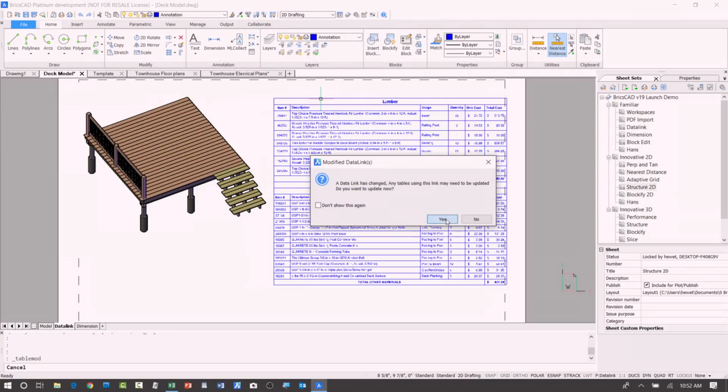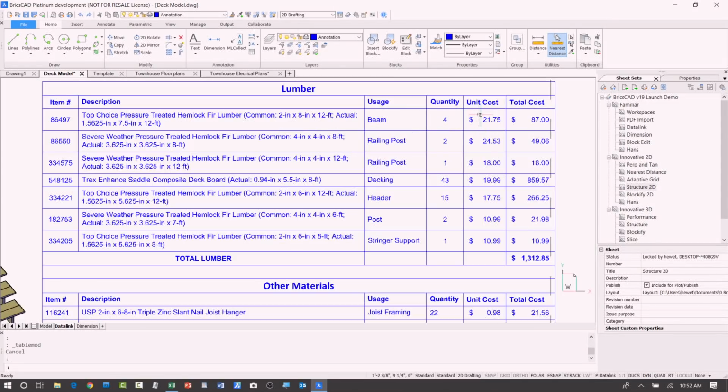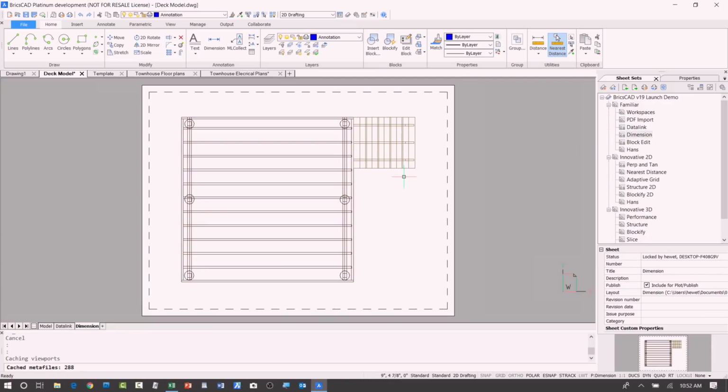It's not going to do it automatically, it's going to let me know so that I realize that there will be some changes. Update those. And then I'll just zoom in and you can see, there we go, it made the changes. So that's data linking. Dimensions, we've improved dimensions, added a new dimension tool, and with that you can use